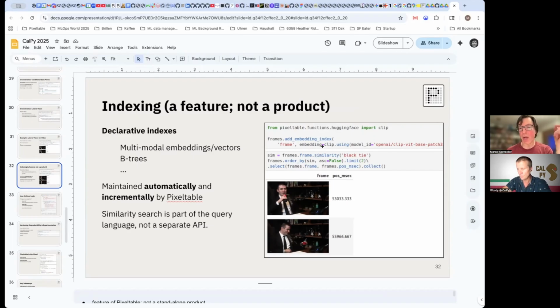So there is no opportunity for you to shoot yourself in the foot by accidentally using a different model for then running a query against the vector index. And so here's the query. You just order it by similarity and select whatever you want from the table.